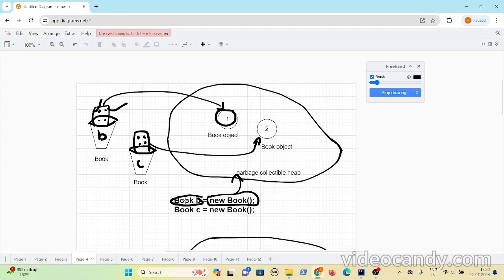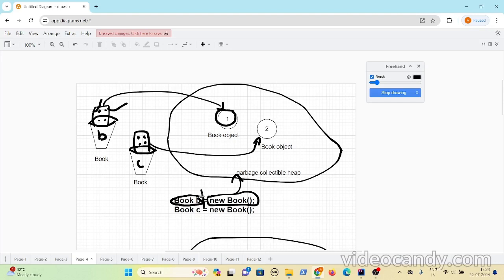When you do Book b, a variable gets created, a reference variable, or a container to hold a reference to the Book object, like a remote control to the Book object. When you do just the left hand side, a container which can hold the reference of the Book object gets created.